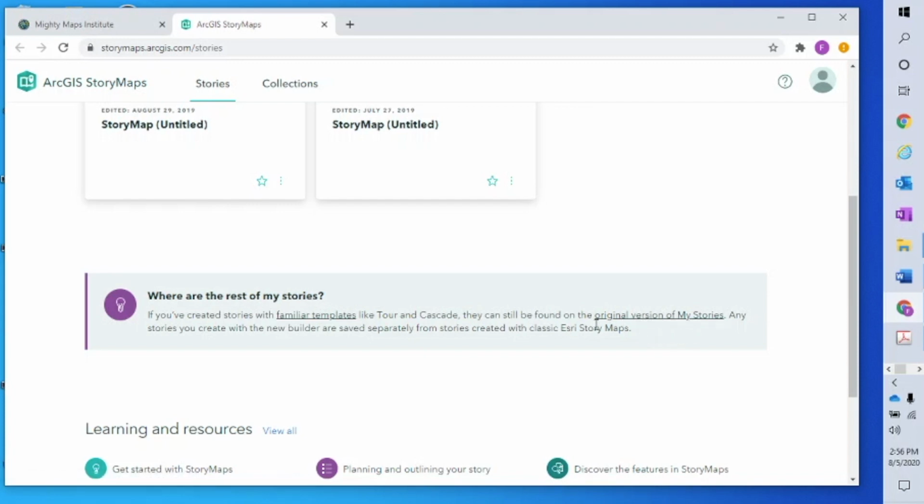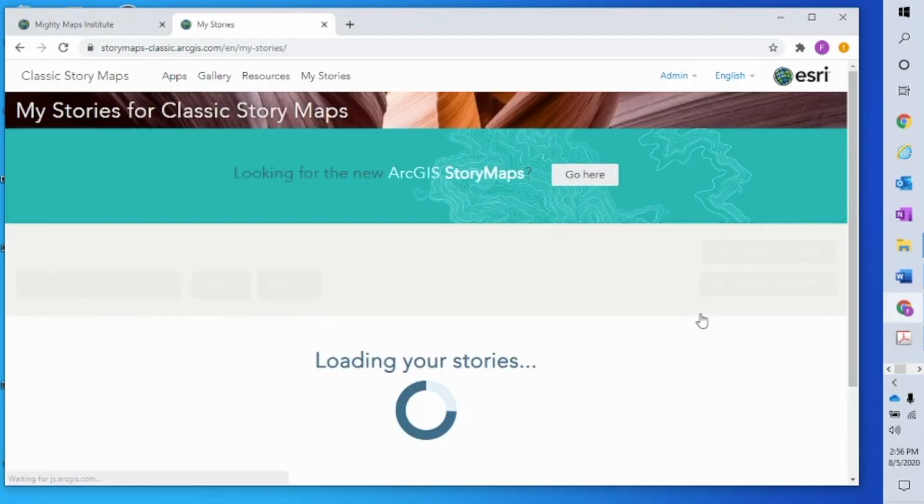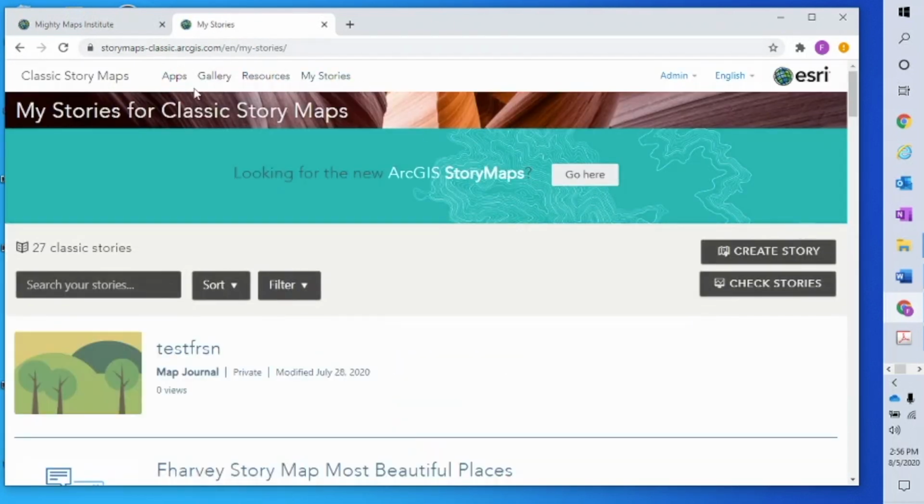So if you could scroll down to this gray area with this purple light bulb and click right here on original version of My Stories, it's going to take us to this page. And there's two tabs here that are very important. We're going to look at both of those, and that is Gallery and Apps. We're going to click on Gallery first,